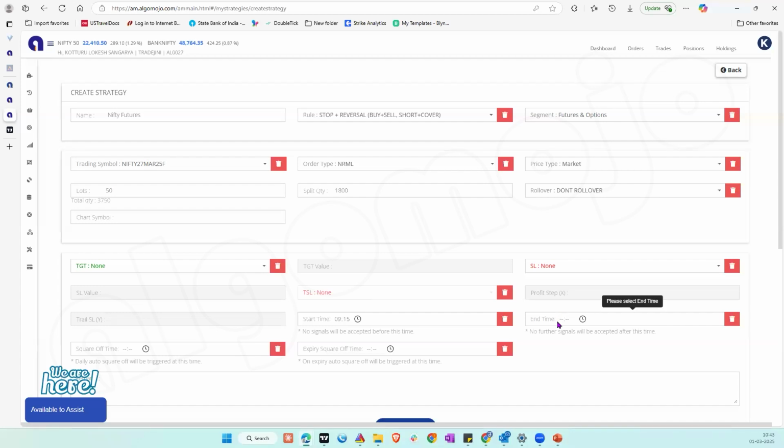And end time is, suppose you don't want any signals to be processed after say 3 o'clock. You can say that, okay, my end time for new signals is 3 o'clock. So after 3, any signal coming in, please stop, don't process it, is what you're telling the platform as such. So if you want to do any of these changes, update these fields,